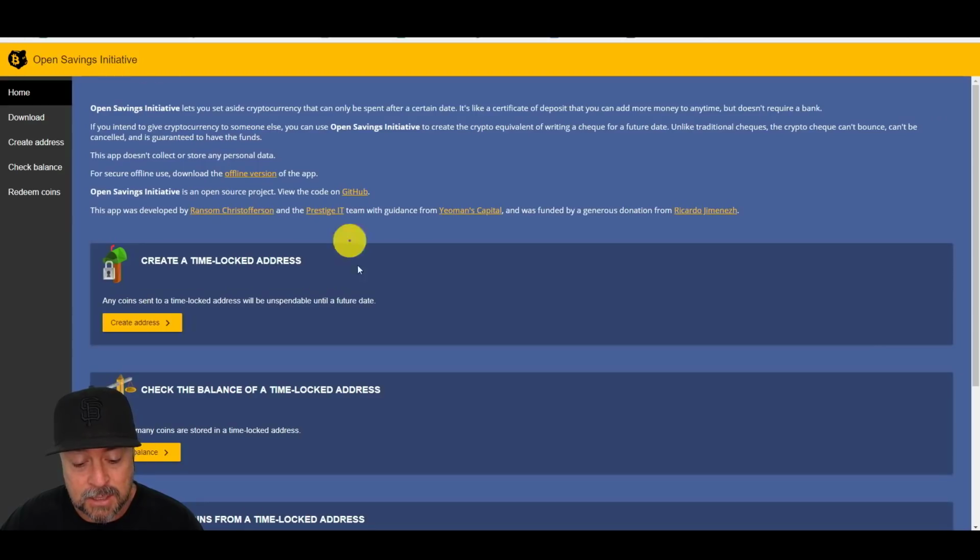I think that's just another brilliant example of how we see these different applications being built upon the Bitcoin code base, again giving you the freedom to do what you want with your own money. And what a beautiful solution there for a decentralized trust fund that you can set up using Bitcoin and this utility.